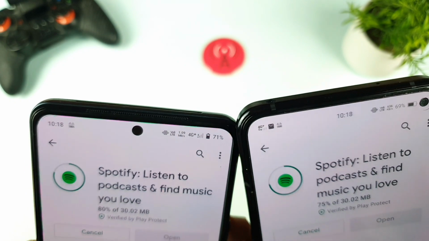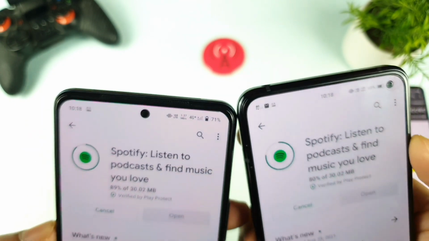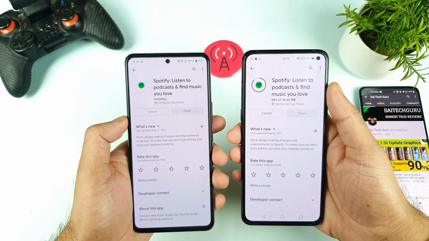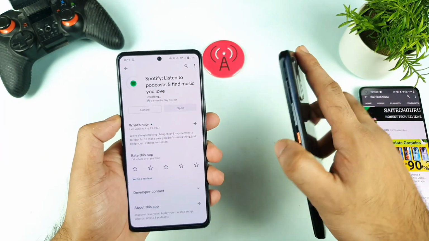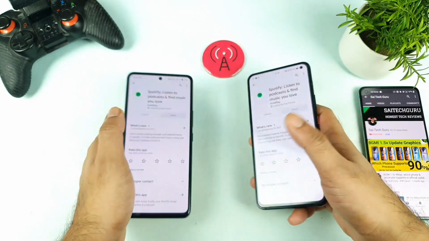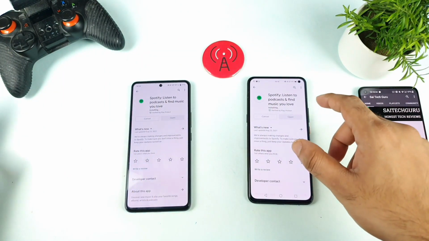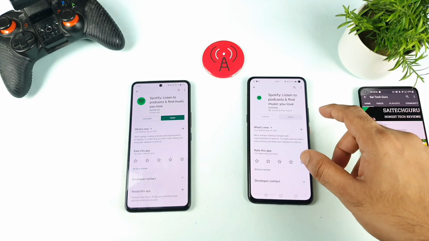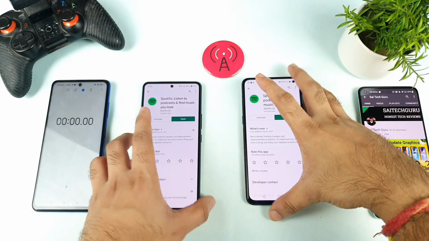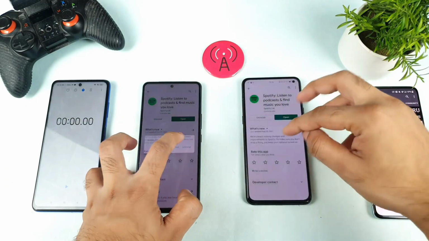As you can see in the iQOO 3 device, in terms of the 4G plus signals, you can clearly see the iQOO 7 downloaded the Spotify application faster than the iQOO 3 device. As you can see, friends, the difference between both phones in terms of the download speed. So this is a quick result of the download. And now I need to do one more test, which is downloading individually, one by one.